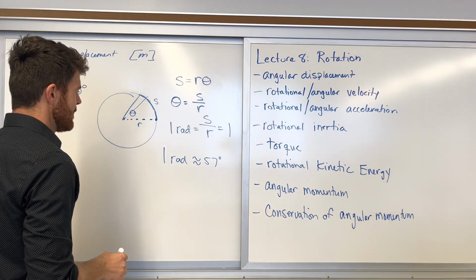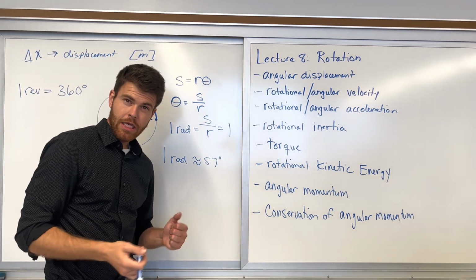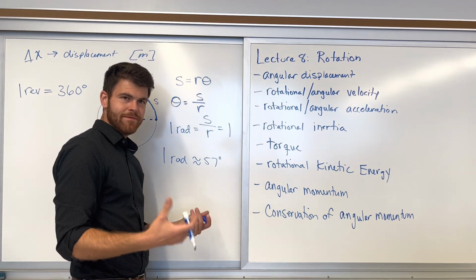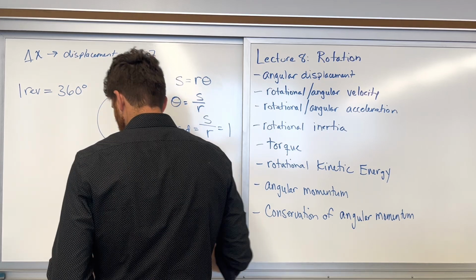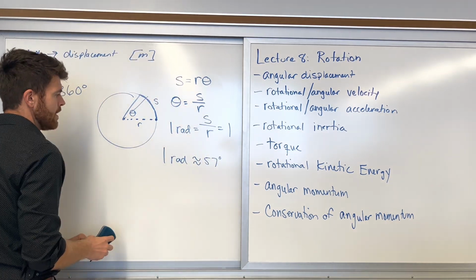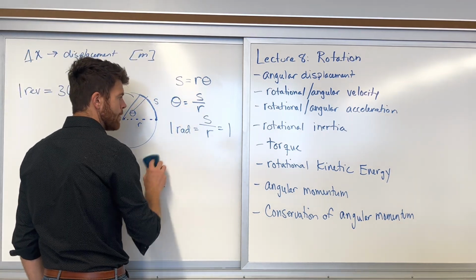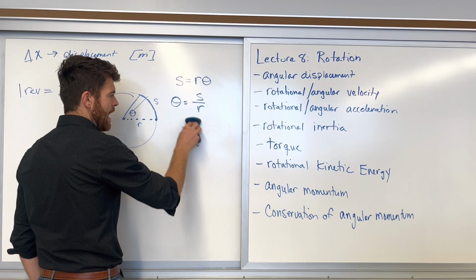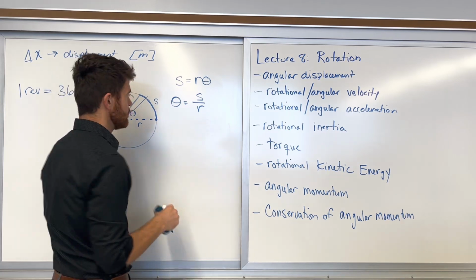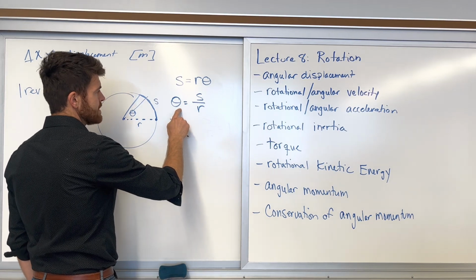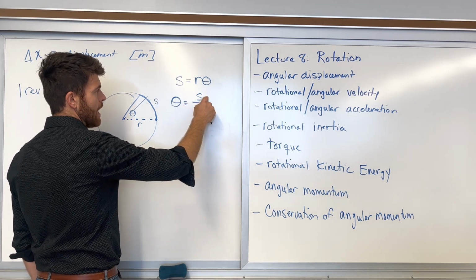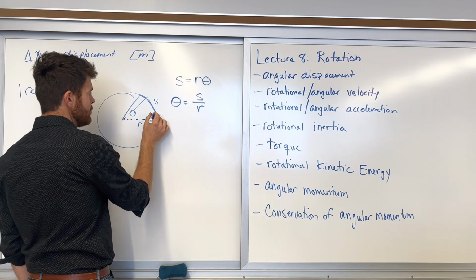Right? But that's clunky, right? 1 radian is a little bit larger than 57 degrees. Is there a cleaner way to represent this? Well, yeah, let's figure out how many radians are in 1 revolution, okay? So if theta is the number of radians and equals S over R, for 1 revolution,